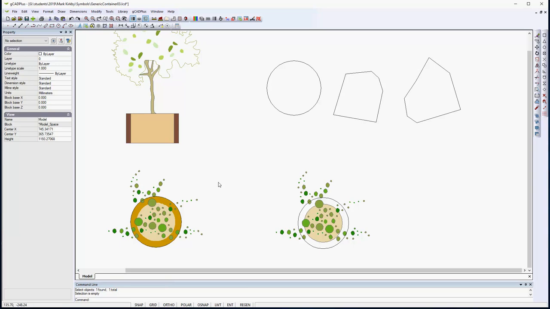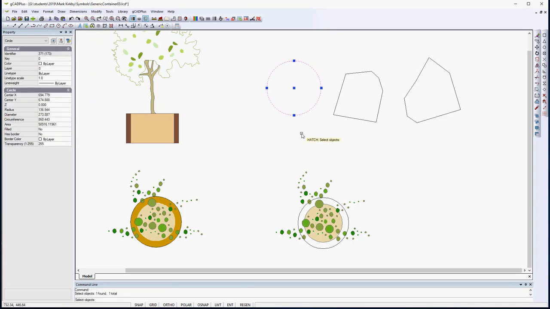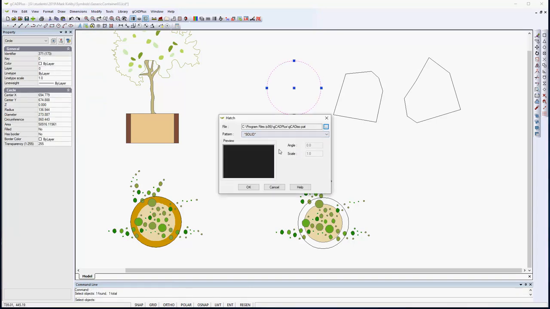The use of the hatch tool in gCADPlus can sometimes get a little tricky. The important thing to recognise is that you need a closed shape in order to hatch. Let's go Draw and Hatch, and if we pick this circle and then hit Enter, load a hatch pattern first,